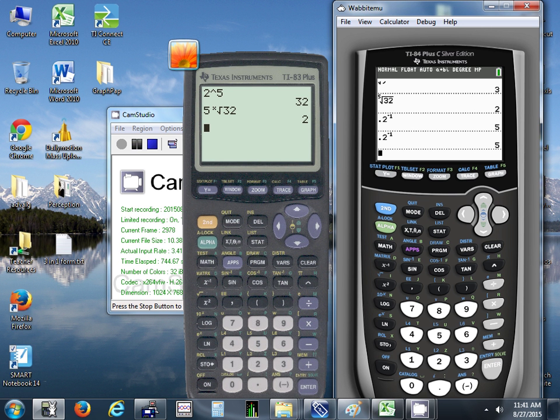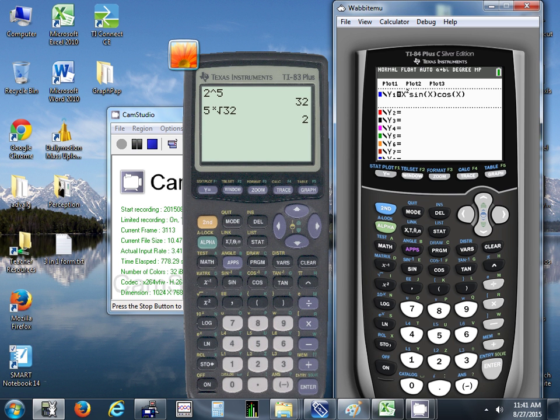All right, let's say you had something typed in, kind of a long formula, and you didn't want to have to go back and erase it and retype in the whole thing. Usually that's going to happen on our graph screen. So let's say we had x squared, sine of x, cosine of x, and I wanted to graph that. And I said, oh, wait a minute, I meant to put sine 2x, not sine x. Well, what I can do